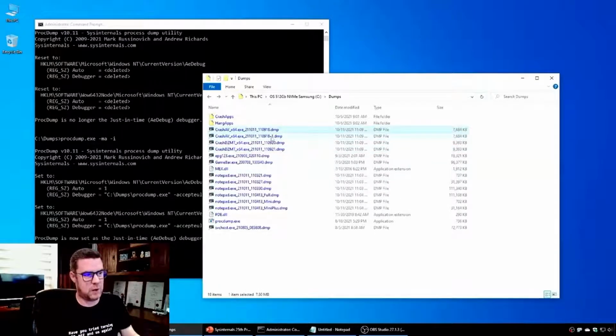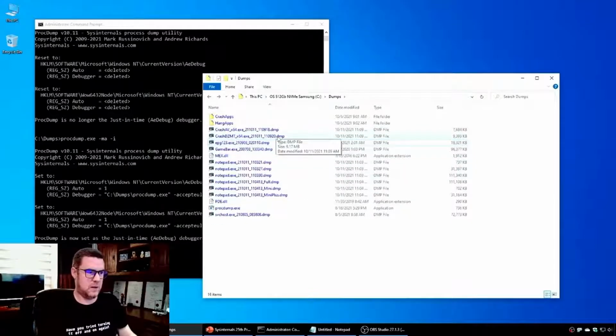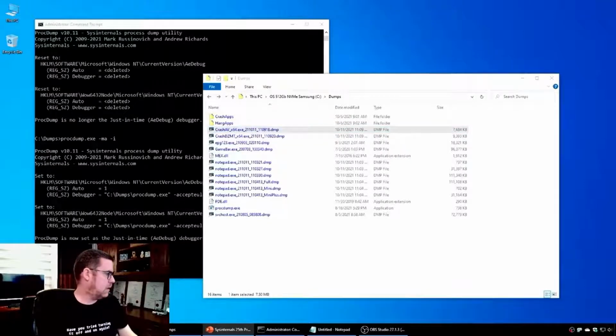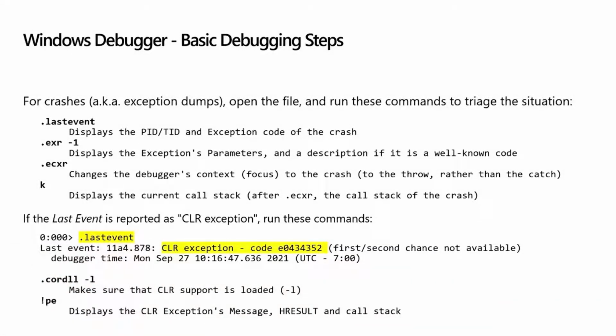Now you notice that this one's got a .1 or -1. That's because that was the second dump file taken in that second, and in this case, it went over the second boundary. So the second moved up, so you can delete those. When it comes to the debugging of them, the main thing you want to do is follow these steps. This is the general steps to run when you have any generic dump file that's a crash. Last event is the first command you want to do. It tells you on what process and what thread the issue happened and what exception it was. It just gives you a general idea of what context this happened in.